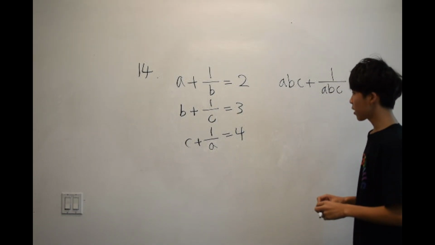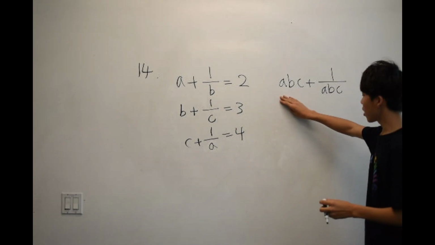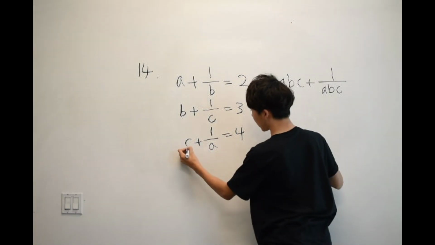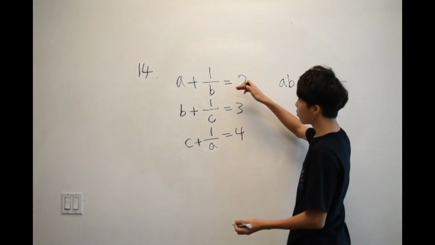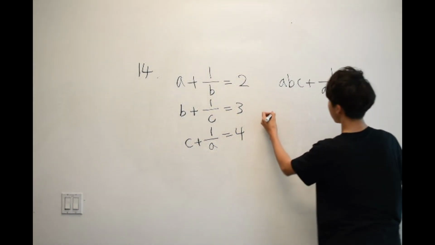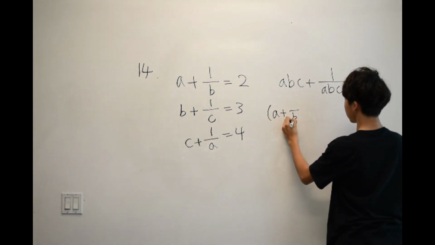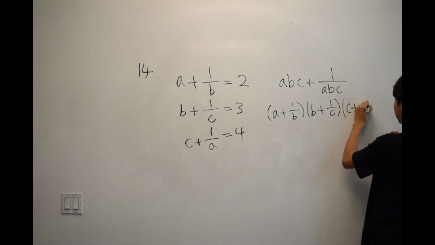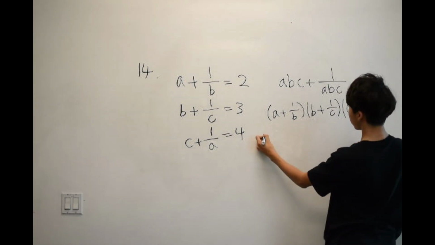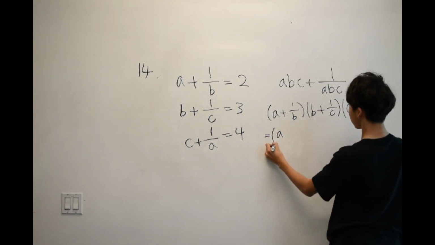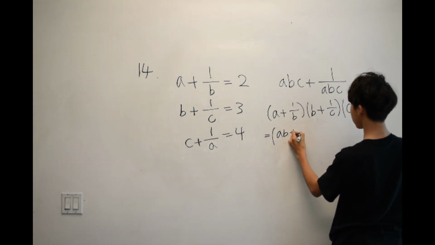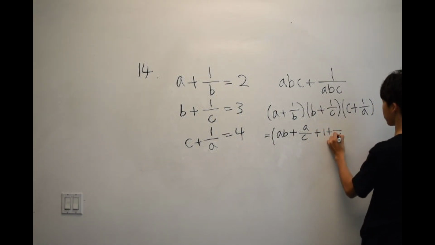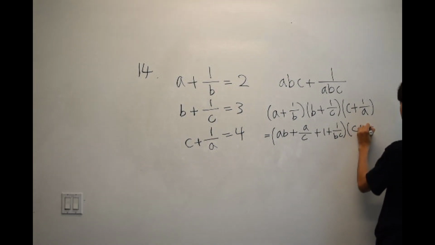At first glance, you might not be able to see how we can go from here to here, so you just need to play with it a little bit. What I did was multiply all of these three. So I multiplied this, which is AB plus A over C plus 1 plus 1 over BC,